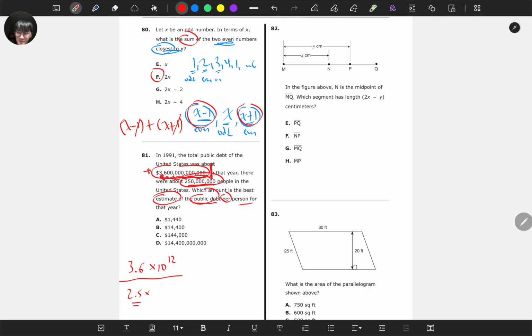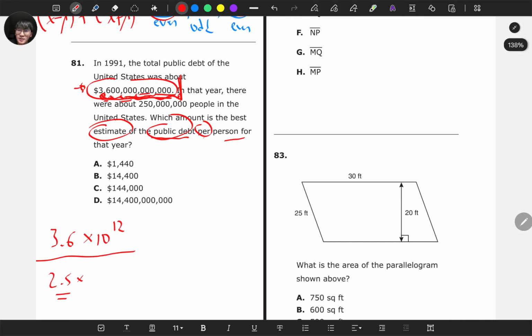But here, I'm going to make this a 2.5. So let me zoom in here. If I make that a 2.5, I put the decimal here. Now, how many jumps do I need to clear this? Well, this is going to be 1, 2, plus 3, it's 5, plus 3 is going to be 8. So that's times 10 to the 8. Okay, and now the answer is just going to be this, because this is the amount of debt